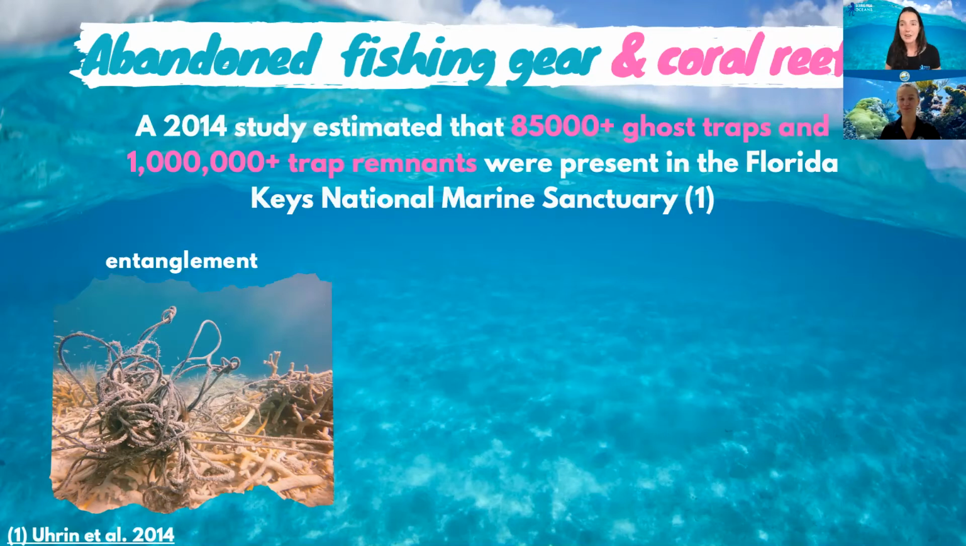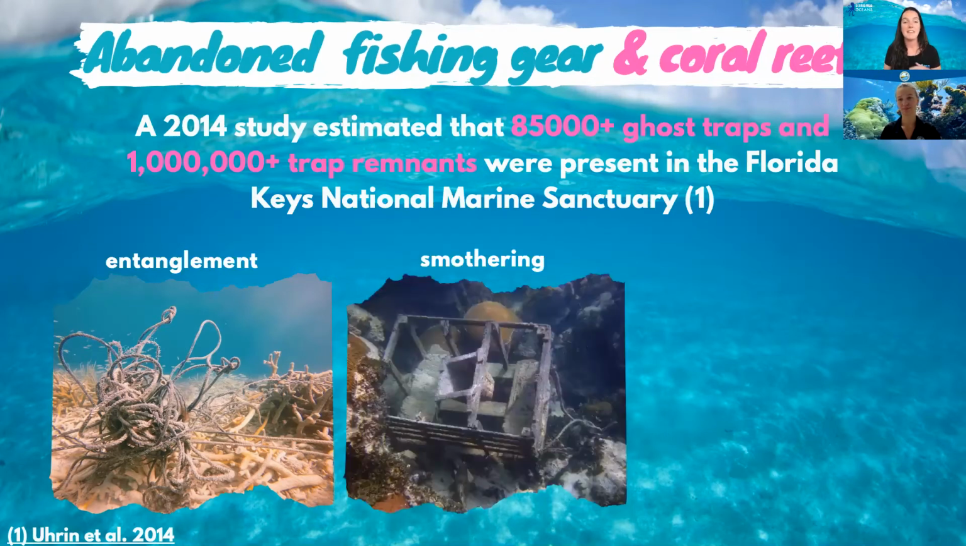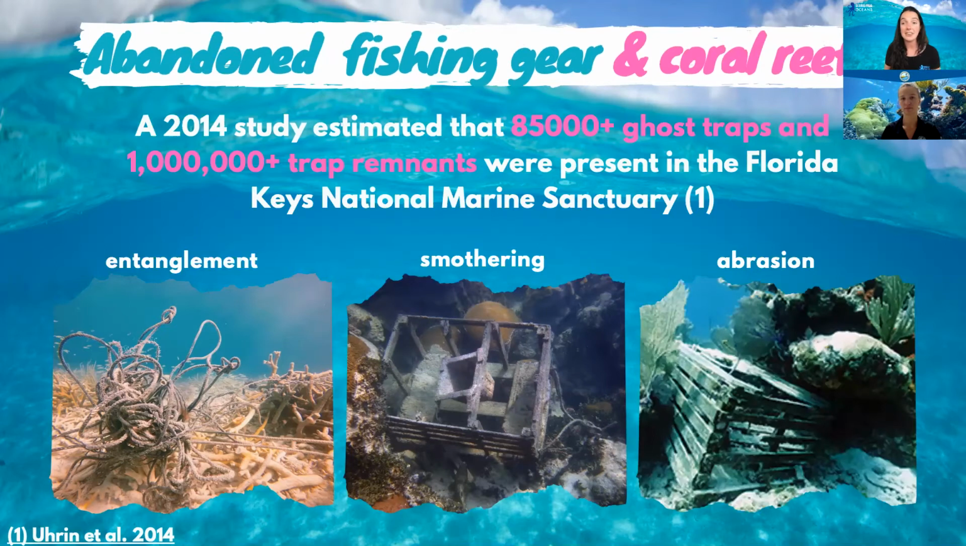So we've got entanglement as a potential issue, and then smothering. So like I said, that's a largely wood material. It's not unnatural. However, if these are left onto the reef, they can smother corals. When hurricanes come in, they can get tossed around the reef and damage corals. And then they can lead to abrasion in that process. So actually cutting the tissue, which is important because that opens the coral's tissue for invasion by pathogens and disease-causing